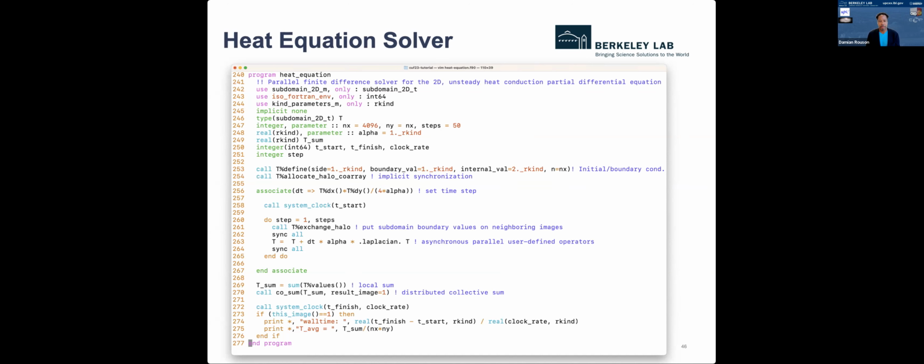So you won't see the same average temperature when you compare this code to the Chapel and the UPC++ code, because they set the internal temperature on a smaller square. And then I'm setting the number of grid points in each direction. And this is using a pattern that I picked up from Dan Bonachea, who's with us in my group and here in the tutorial, which is that I used to a lot of times include synchronization inside some of these procedures. And I've kind of backed away from that, so that the new pattern that I'm beginning to adopt is